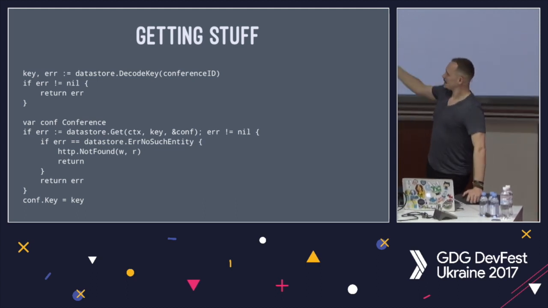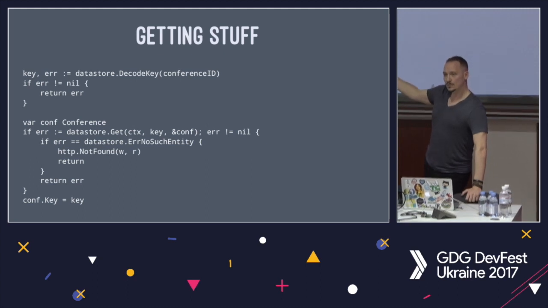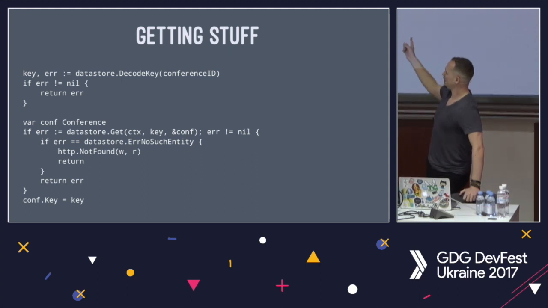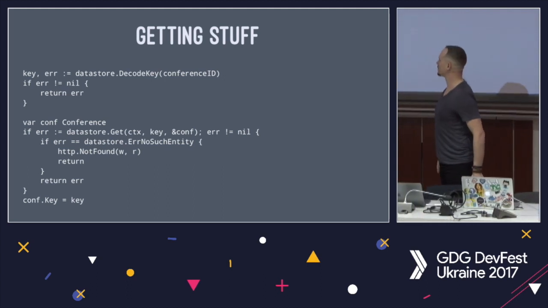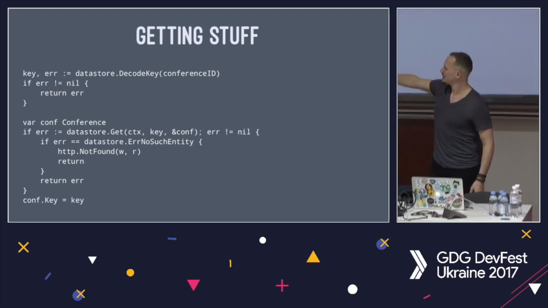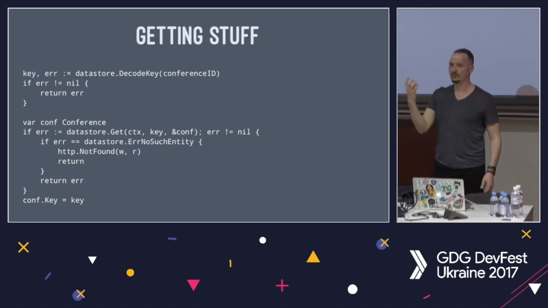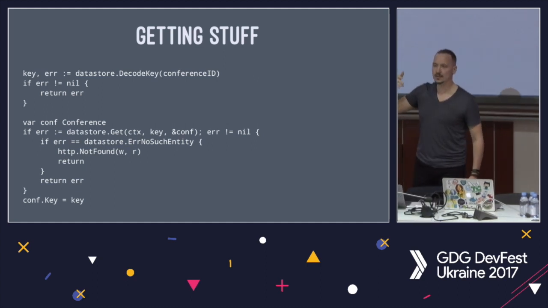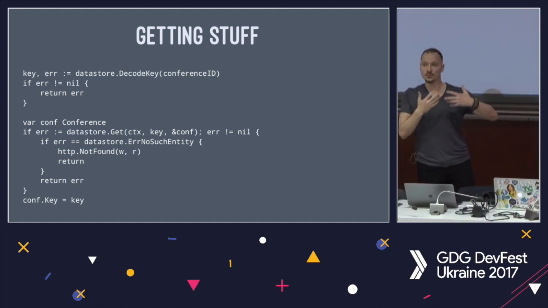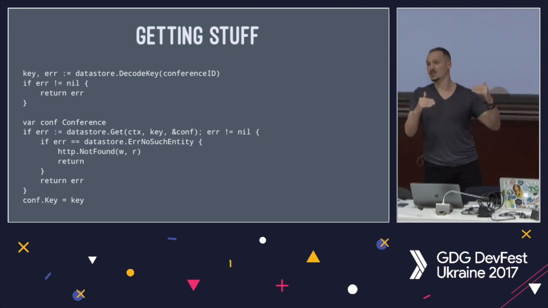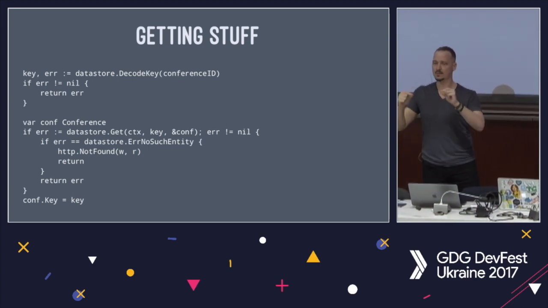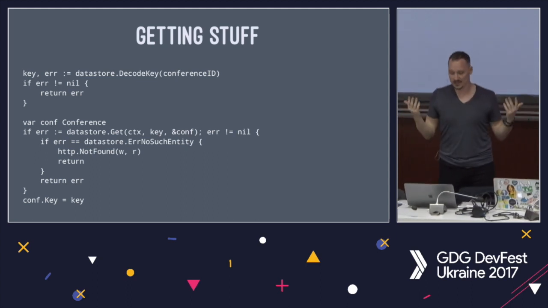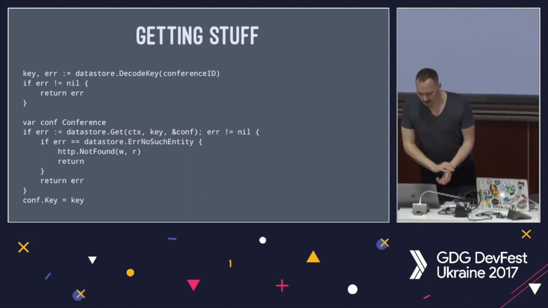It's not really a security thing, it's just that it can't turn it into a key because it doesn't understand what's going on. So then you create a variable to hold your object and call datastore.Get, and you pass in the key and a pointer again to the object. And this can be nil because it'll create it for you. And then at the end, after you've got it, remember it doesn't have the key, so I set the key again. So the key thing is a little bit odd, but in your unit tests, it's worth making sure that IDs work, and you're probably going to use the ID to validate as part of a few different operations. So you do tend to see when that's not working, which is kind of useful.